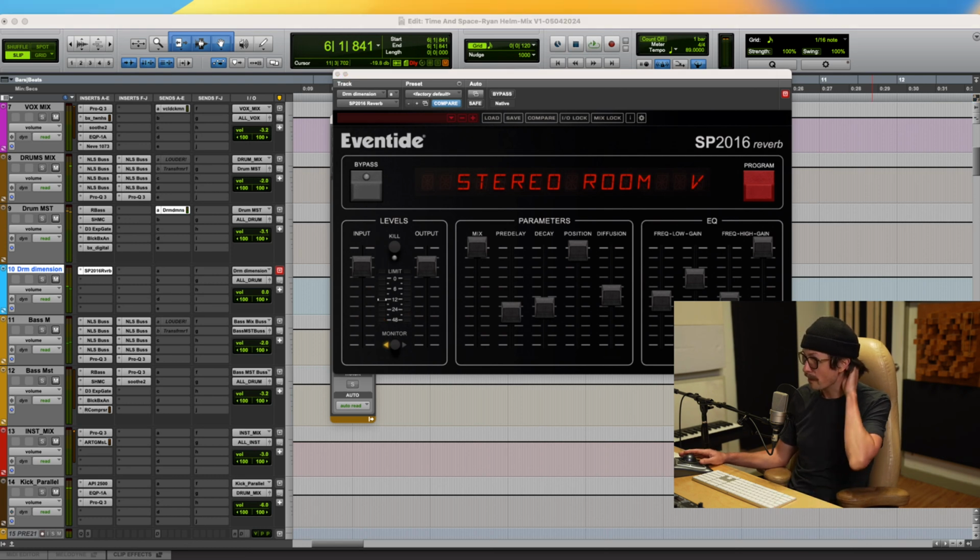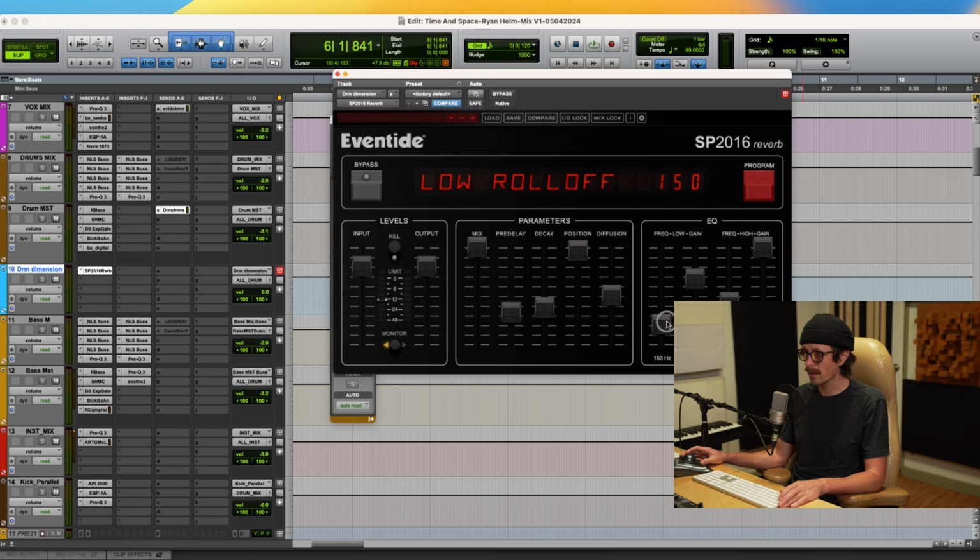Right, that does quite a bit, and it sounds really cool. Sounds really musical. One thing I want to make sure of, though, is with my EQ, I don't want to bring in too much high and too much low. So on this, you have an EQ where you can do the frequency and the gain on the low and the high. So, for example, I can take,